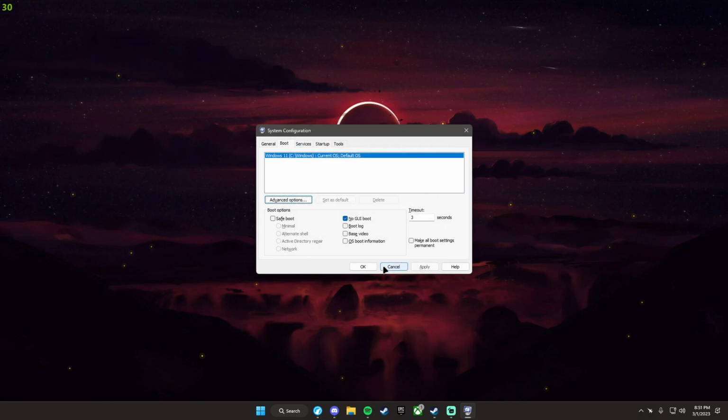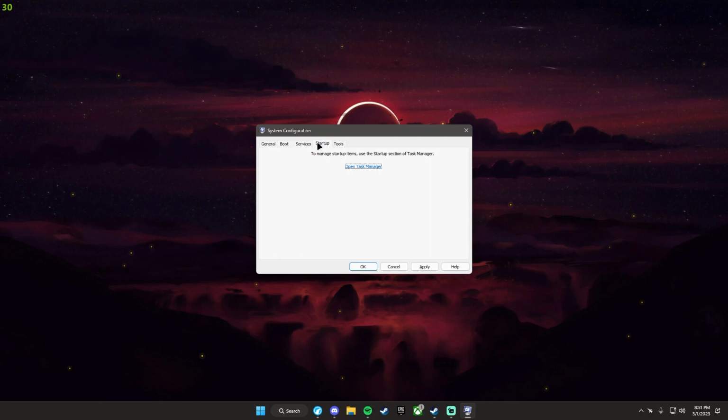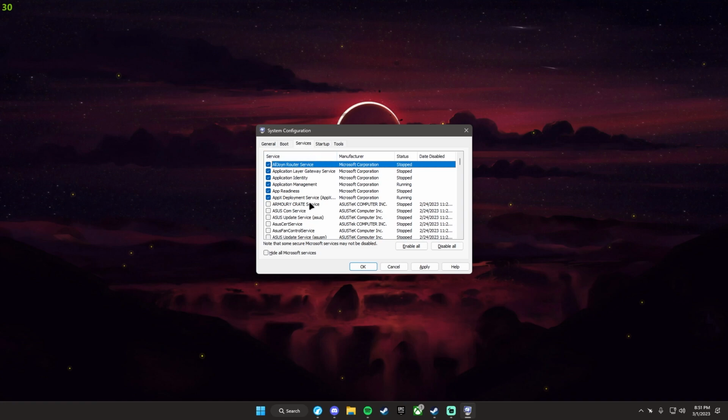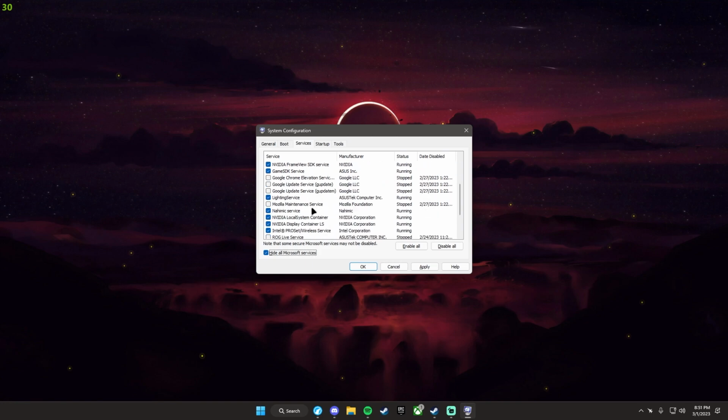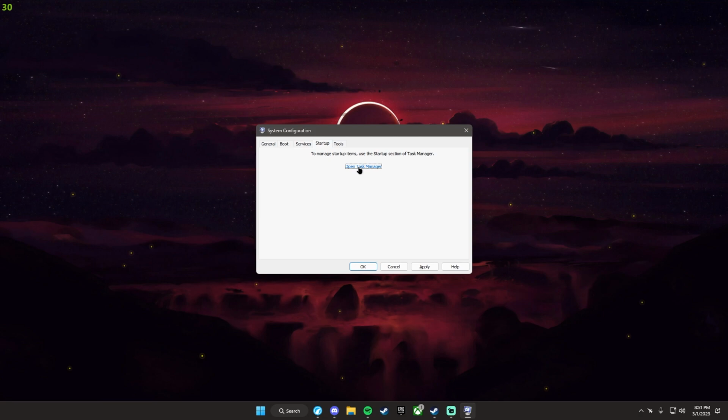After you're done with that, click OK, and you can click apply, but don't exit out of this yet and do not restart your computer. There is another tab over here called Startup and Services. Services, you don't really want to touch too much unless you know what you're doing. I have quite a bit turned off because I don't need a lot of these. And then in Startup, you can